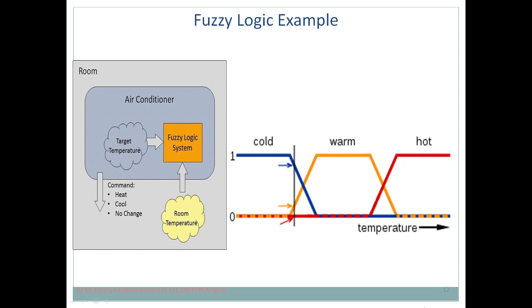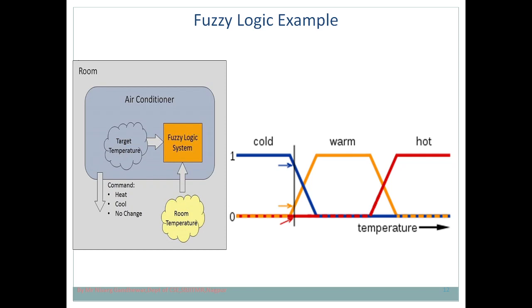So in this case, here you can see in this particular diagram, here it is 0 and it is 1. So in between 0 and 1 there are a number of things. So in order to say cold, what I can say is, if the temperature of the room varies between 0 to 15, then I can say it is cold, 15 to 30 warm, and above 30 I can say hot. So that range is going to vary from person to person. It is not the case for everyone that 0 to 20 is cold.